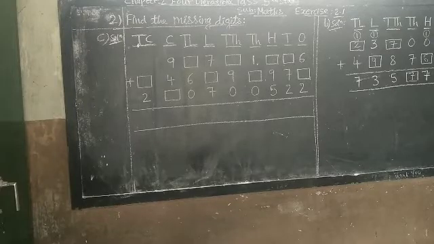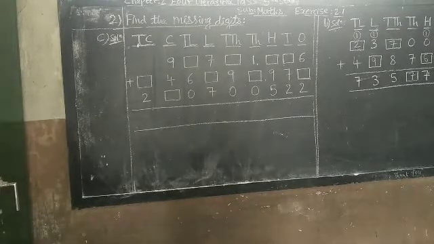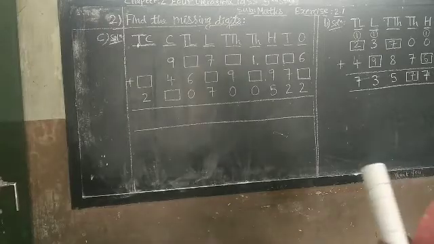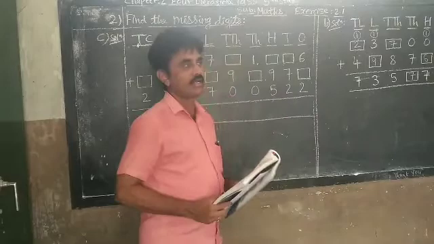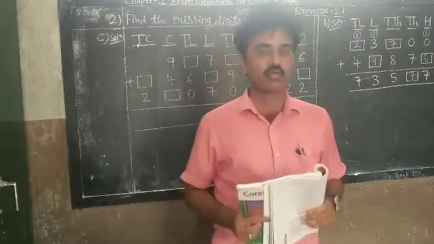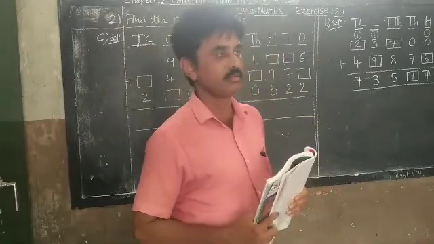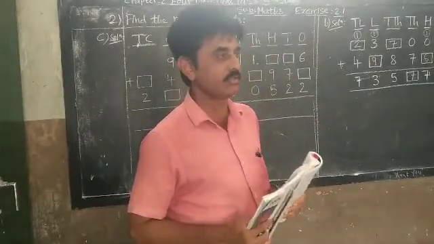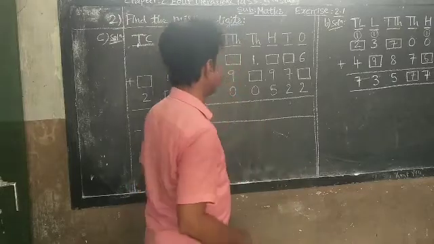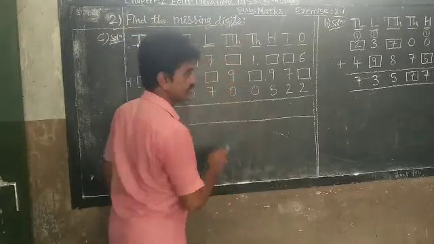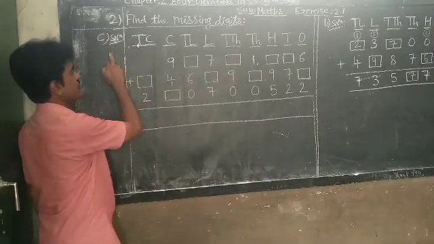Okay, students. Again, I thought to show one more for you. Find the missing digits. A and B we have done. I thought to give you C and D for homework, but again I made up my mind to tell one more for you, the C question. D you try for homework. So what is the C question? See here, this is the C question.